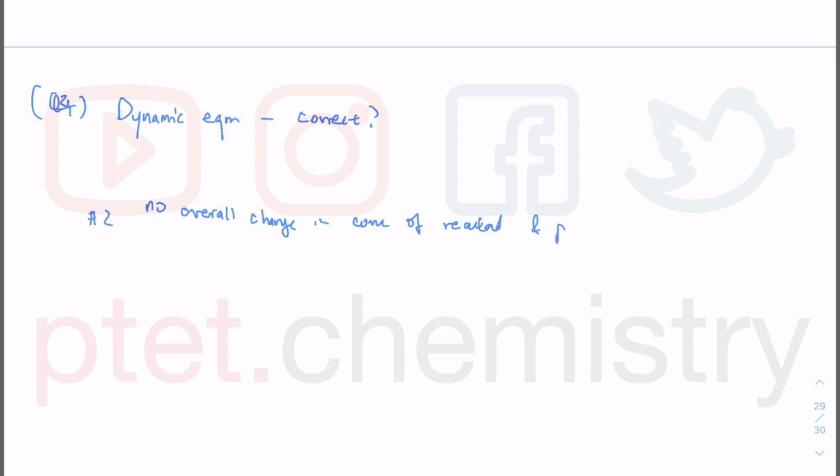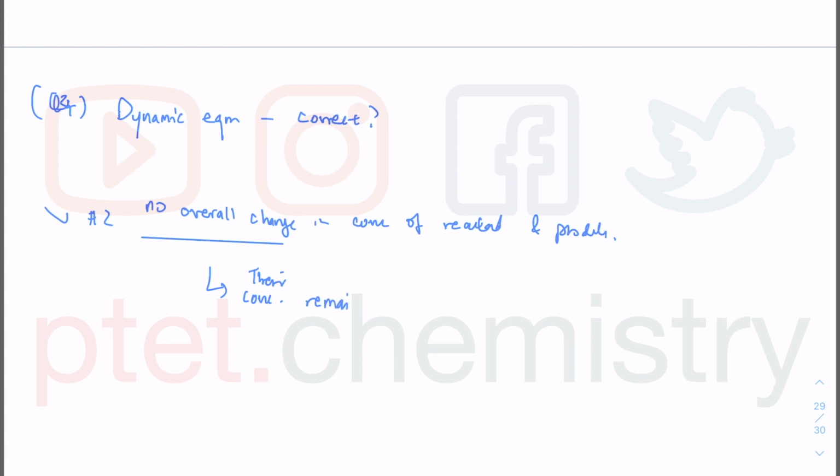Question 34, you are looking for this definition of dynamic equilibrium. They're asking for which one is correct, but it's actually basically a question on the definition of dynamic equilibrium. So if you look at option 2, no overall change in the concentration of reactant and product, and that is correct, because no overall change means their concentrations